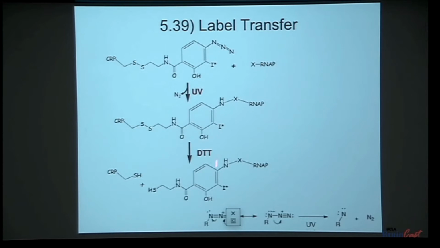One thing that's left out of this scheme here is that these two proteins are both bound to the LAC promoter. Okay. So CRP is bound to the CRP site in the LAC promoter, and RNA polymerase is bound to the promoter itself. And so then what you do is you irradiate with UV light. Okay. And when you irradiate with UV light, basically that causes a reaction to occur in this azido group up